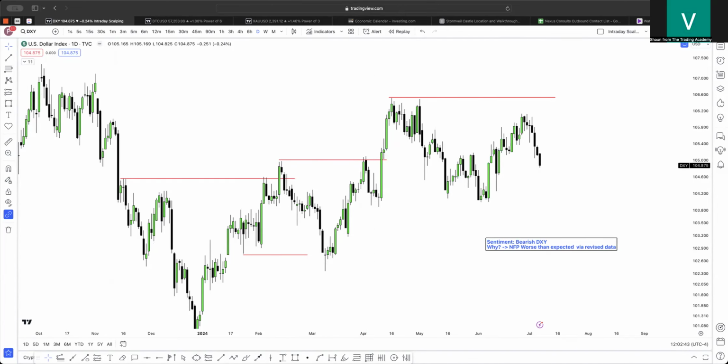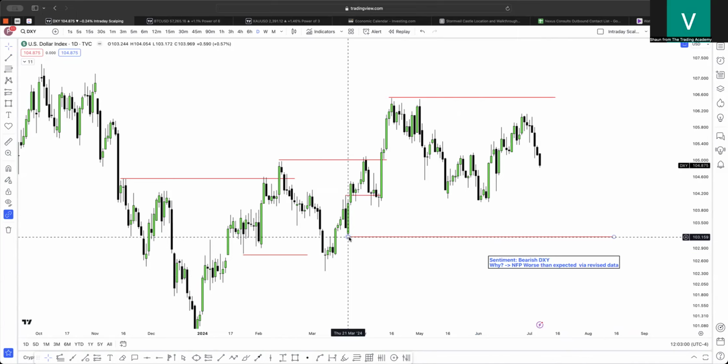Now, having taken out this inducement high, what can we say about the price action here? Well, we can say that relative to what we're seeing over here, where my cursor is, right? See that? A reaction over there. We can say that this is sell side. Here. This is sell side. Okay, that is sell side.